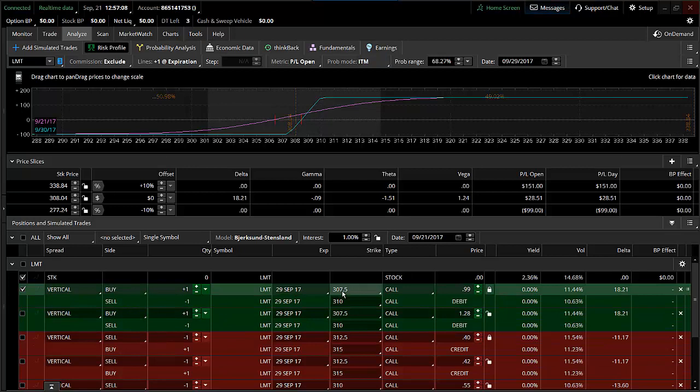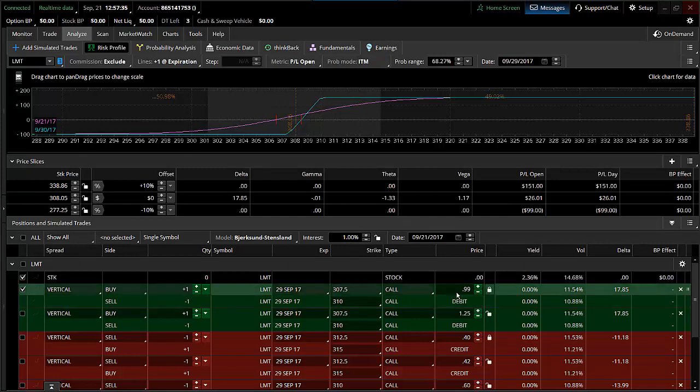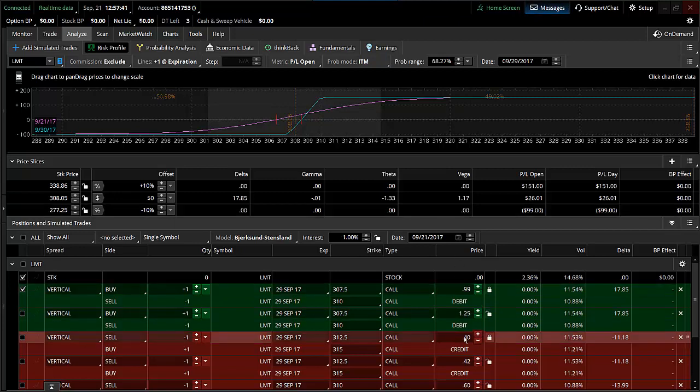So the trade setup that was initially done was buying the 307.5, 310 vertical call debit spread, 9/29 series, at 99 cents or $99 per spread. So you've got at risk maximum $99 and potentially $151 profit if it was to expire at 310 or higher next Friday the 29th. It stalled out, so that trade right now is at around $1.25. So still really good potential upside, but in order to reduce this risk from $99,